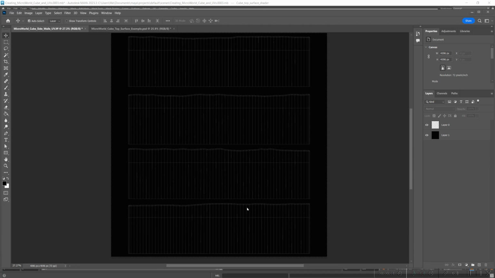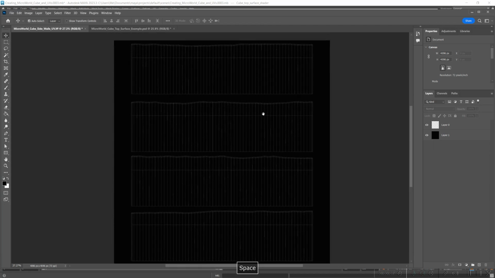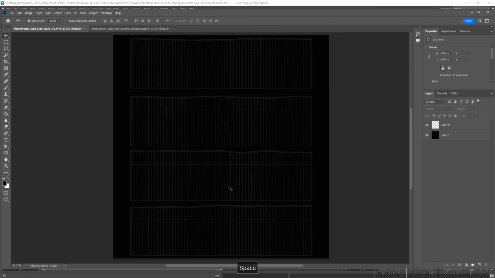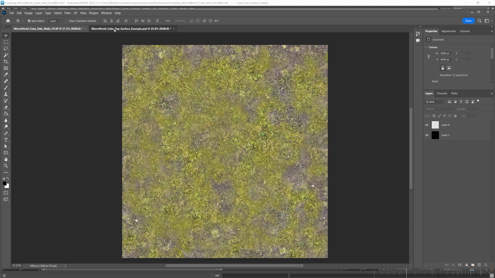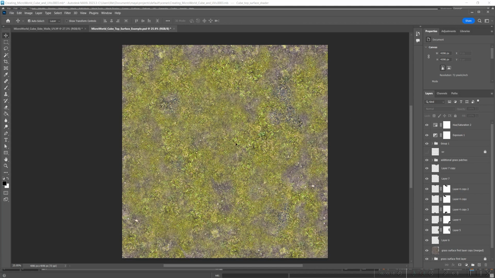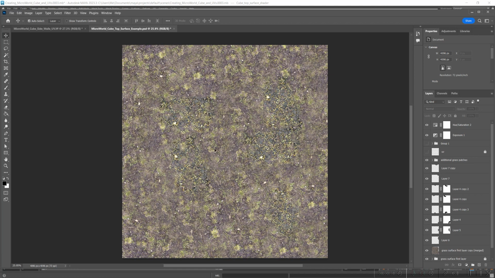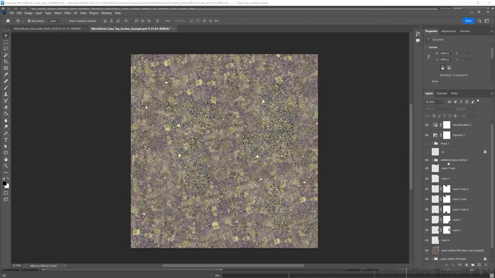Okay, so in this next tutorial, we're gonna go over texture painting the side walls. And before we do that, I want to give an update to the original surface texture, because I kind of didn't like where I was going. So this is what it was before,